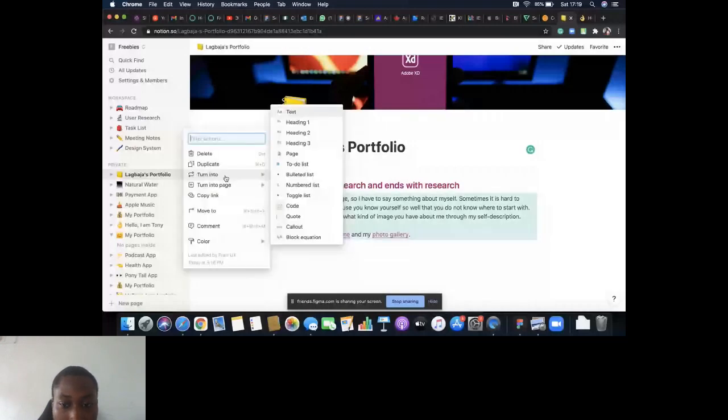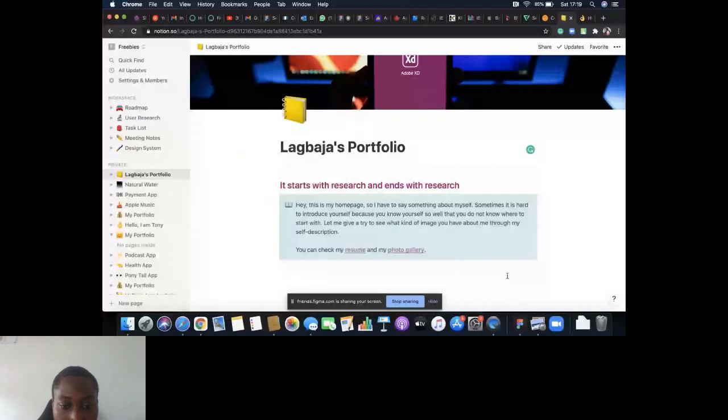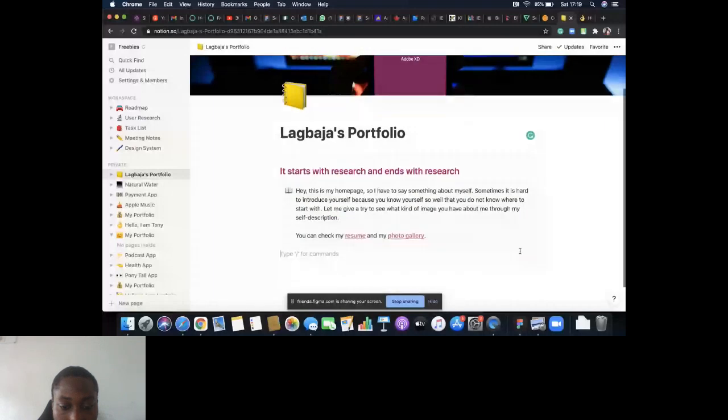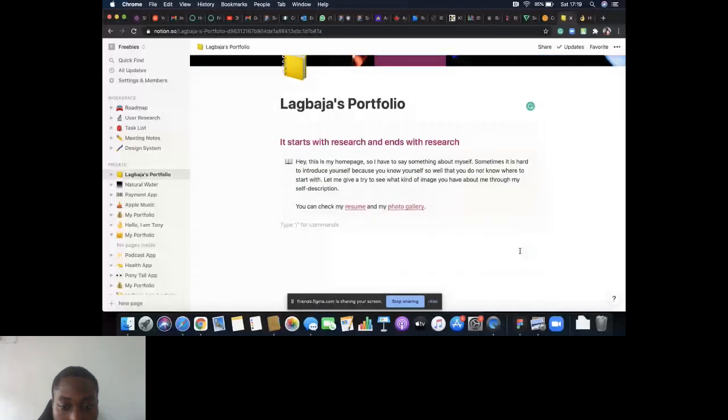So I'm going to turn this text on the background into a callout section. And so this is going to be a callout. Now that I've done it, you can see the callout there. It simply elevates it from the background, sort of gives a contrast between the background and the main text itself. You can see the color here as well. I can decide to change this slight orange looking color that we have here. And so all I'm going to do is click on this, it's going to be highlighted, right click and go to color.